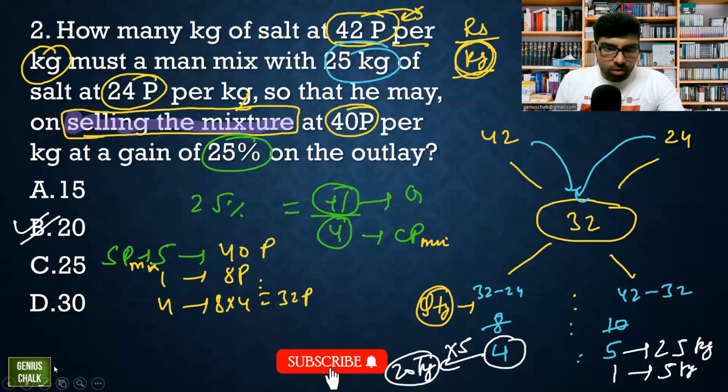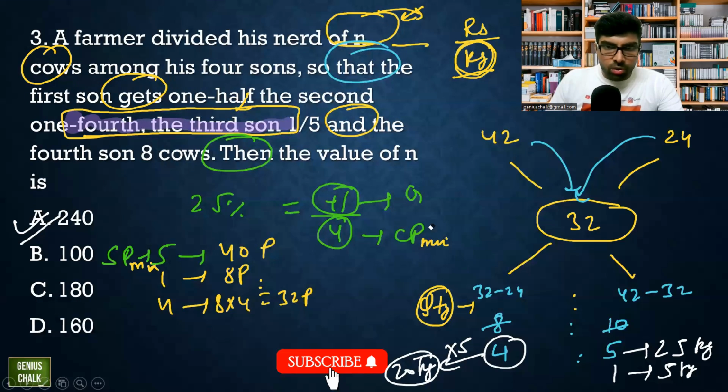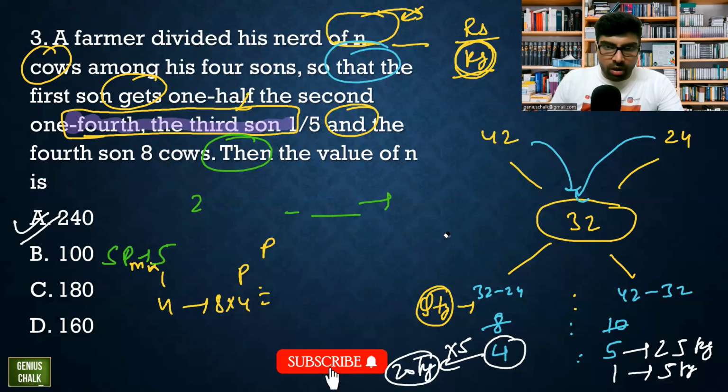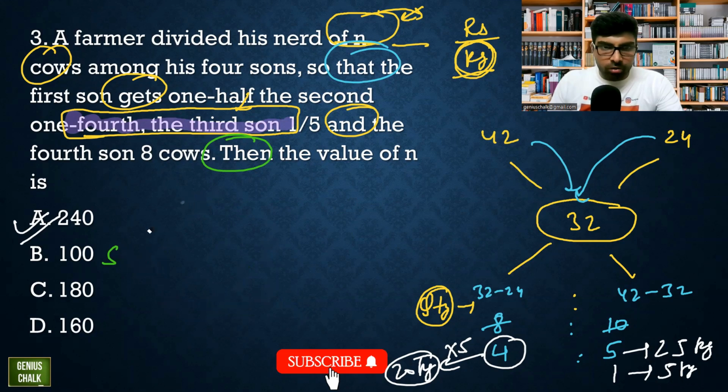Now, if you are getting confused in this part, you can apply a formula also. If you are not clear with the method of ratio, we can apply the formula. To get the cost price, we have a direct formula. What is that? I'll write it here. Cost price is always equal to 100 upon 100 plus or minus gain percent. This time it is plus. If this is a loss, we can have a minus sign, into selling price.